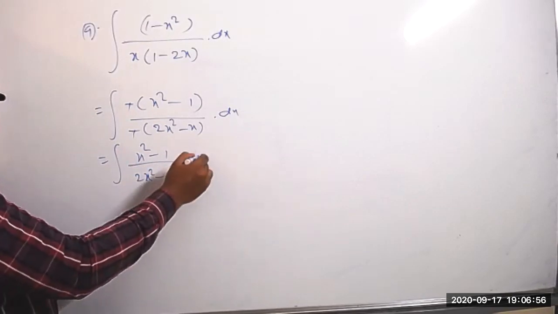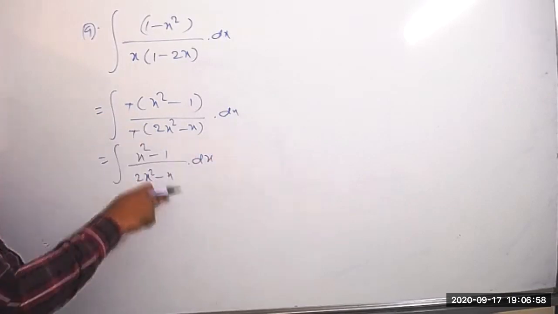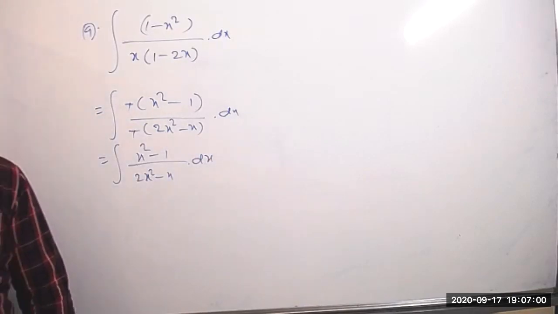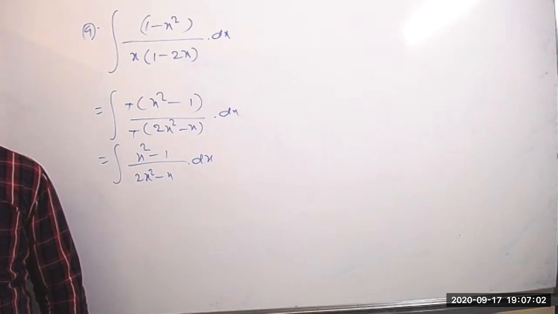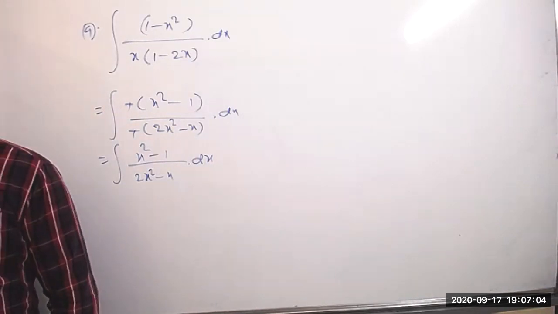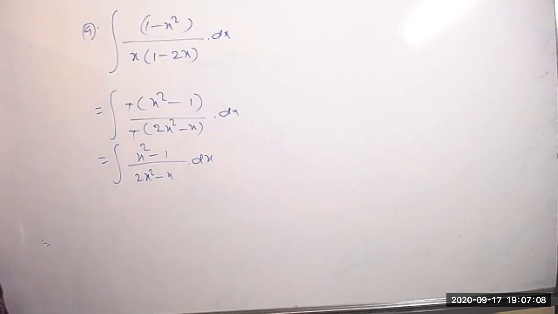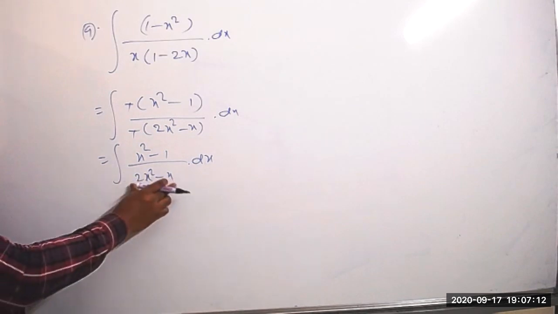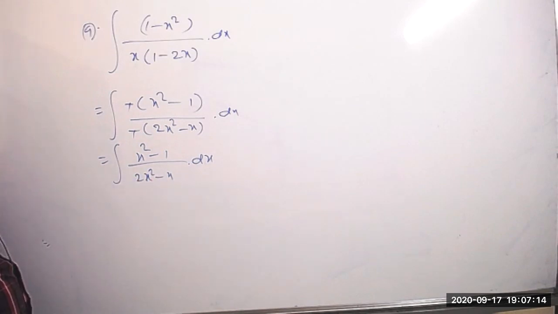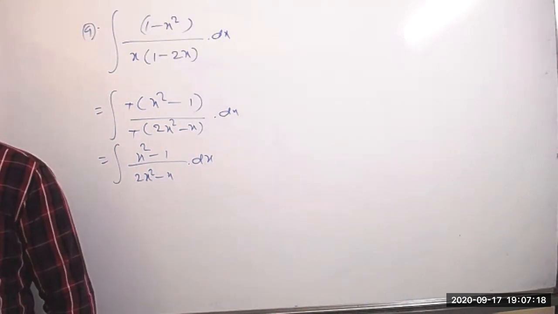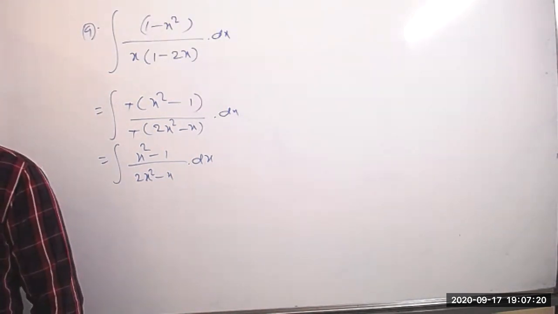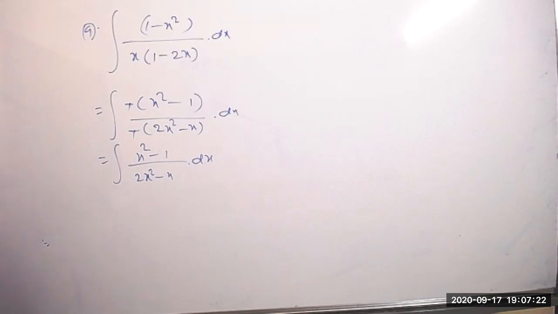So what do you call this one? The degree of the numerator is equal to the degree of the denominator. So clearly this we call an improper fraction. So the given fraction is an improper fraction. Okay, so immediately then what we have to do? First we have to write the entire function in the form of quotient plus remainder by divisor. So for that purpose, first you can do the division here.